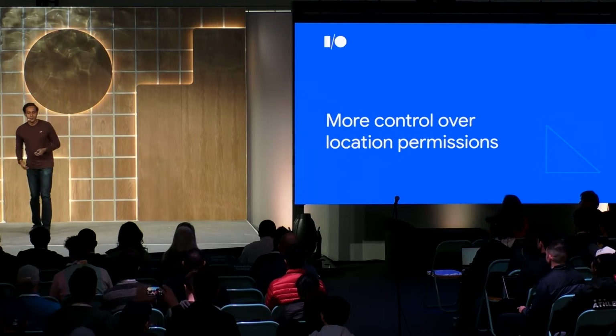Hey, everyone. Very good morning to all of you, and thanks for joining us today. I'm Praveen Chandran. I'm a product manager in the Android Location Services team. As Jen said, we would like to provide simple, discoverable, easy-to-understand controls for users to be able to control access to location data. Users only want to share sensitive data like location with apps when it makes sense. So in Android Q, we have added the ability for users to control which apps can access their device location when they're not using the app.